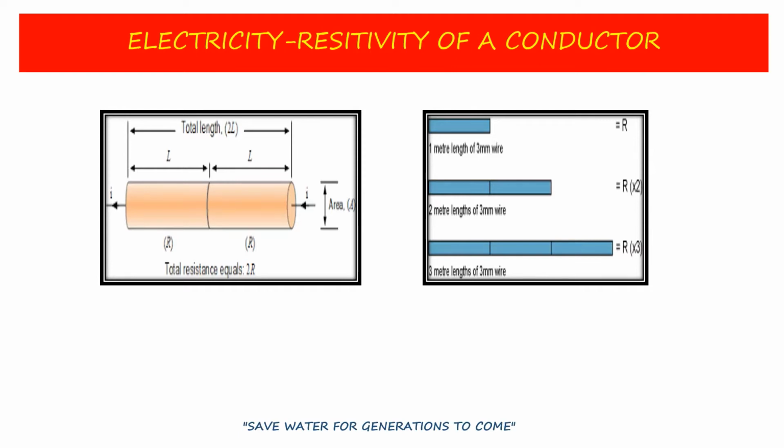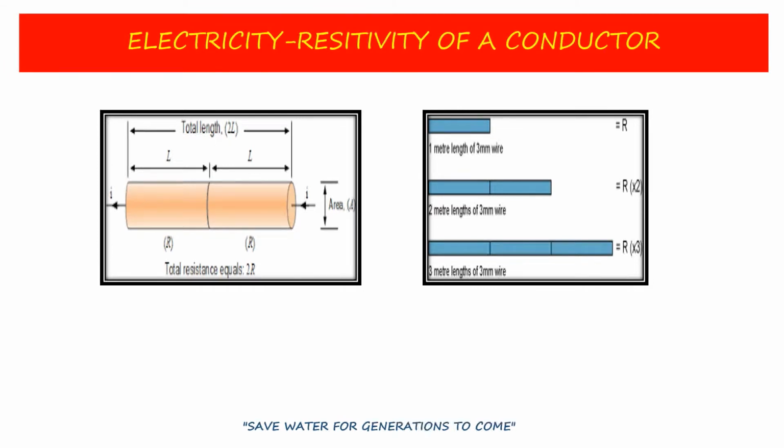In the previous session, we discussed factors affecting resistance of a conductor. We discussed that R is directly proportional to L and R is inversely proportional to A. So how can this sign of proportionality be removed, and what is the use of it? We are going to discuss a very interesting topic today: if we change the length of a conductor, then its resistance changes. If we change the area of cross section, its resistance changes.